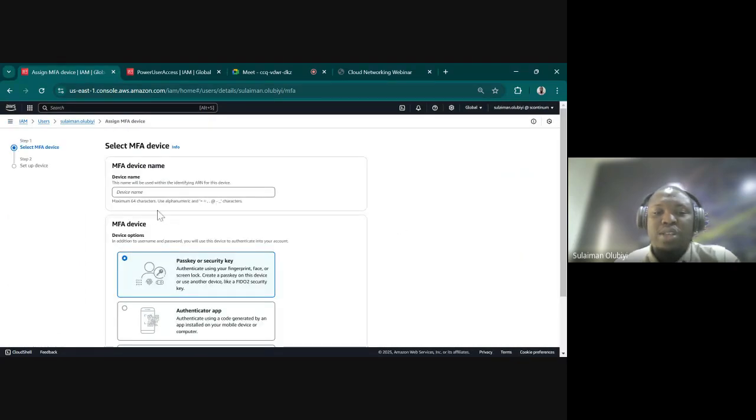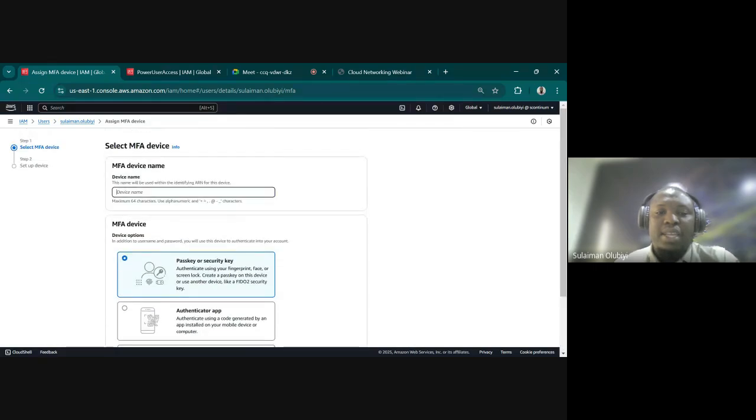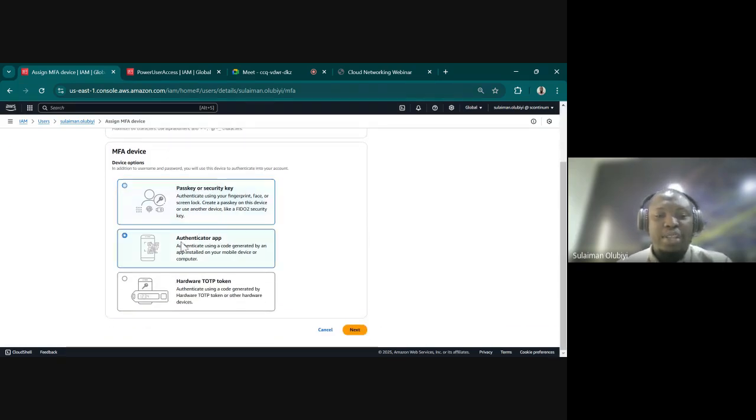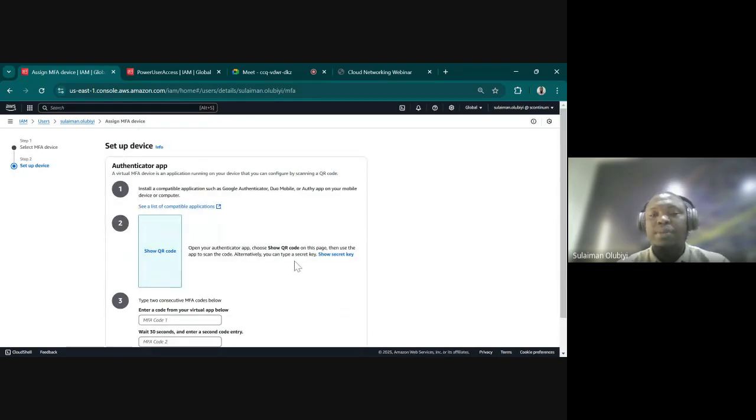and let me just assign MFA to show you. So assign MFA, put the device name, maybe 100, 111, just any name you want. Then Authenticator app. If you go to Play Store, you'll be able to see a lot of Authenticator apps, but I personally use Google Authenticator for that. So at the end of the day, once you go to your